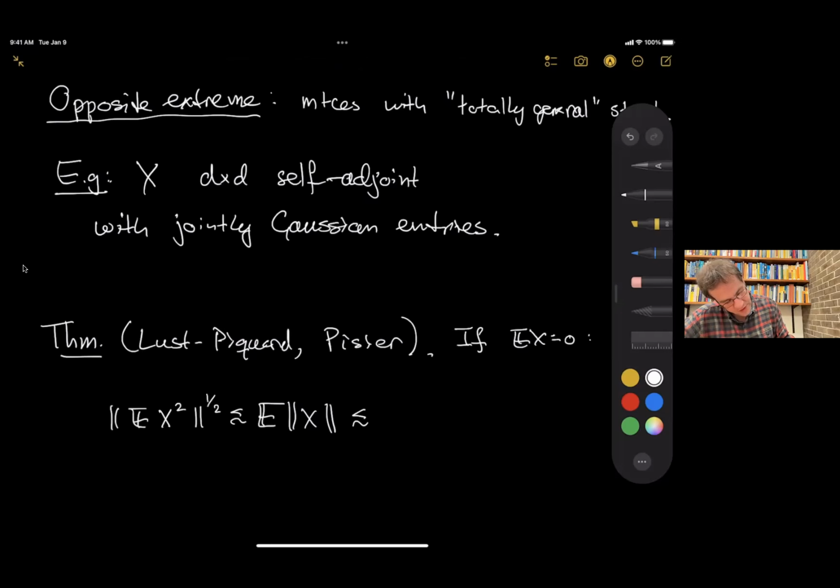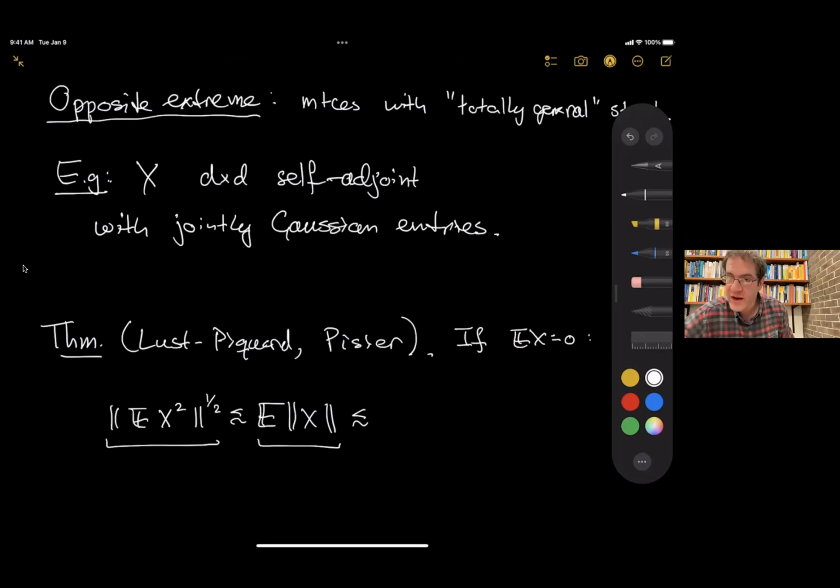So there's a fundamental difference between this and this. This is the largest absolute value of the eigenvalues. That's a very complicated nonlinear function of the entries of the matrix. But here I took the expectation inside the norm. The expectation of x squared is a very simple object. This just depends on the variance pattern of the matrix. And this is something that you compute explicitly in any example.